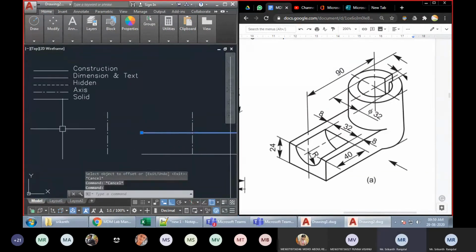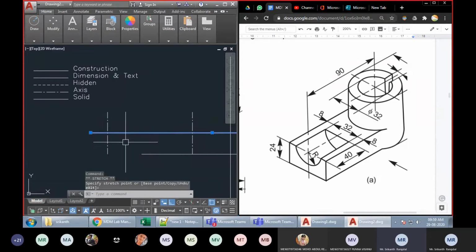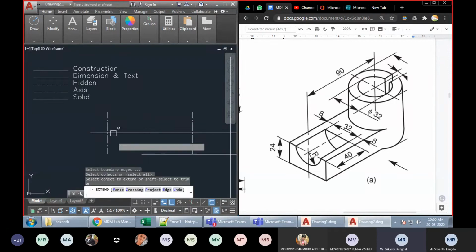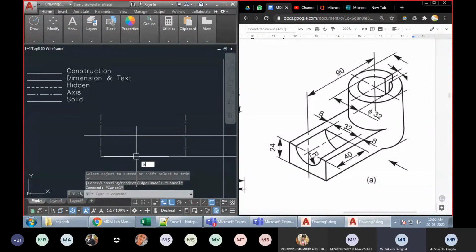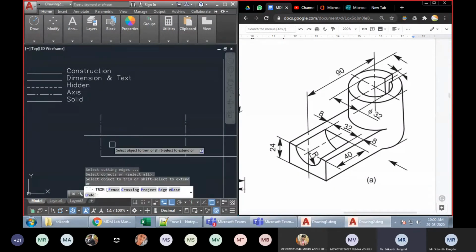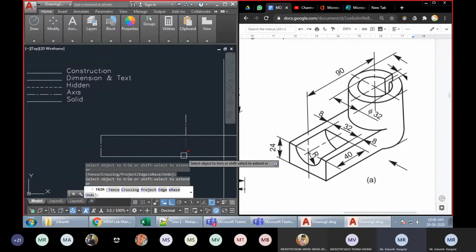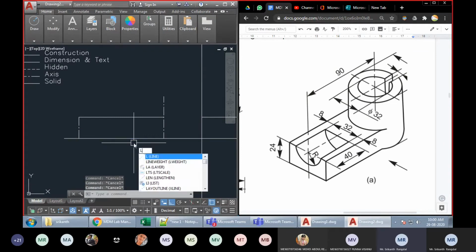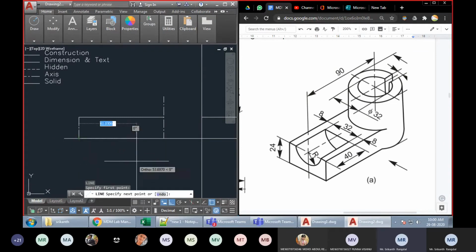Now we want this line to extend and come here. So I can just extend it manually, or of course I can use the extend command. The extend command is EX. So EX double enter I can use to extend the line. Fine. Then of course I can use the trim command, TR double enter, to remove the extra parts. Fine. So I have removed the extra part. So this line over here is for the X axis. I have to draw another line from this point to this point.